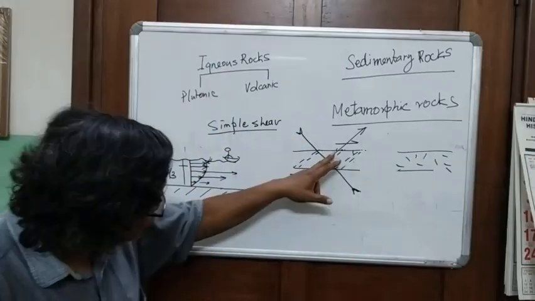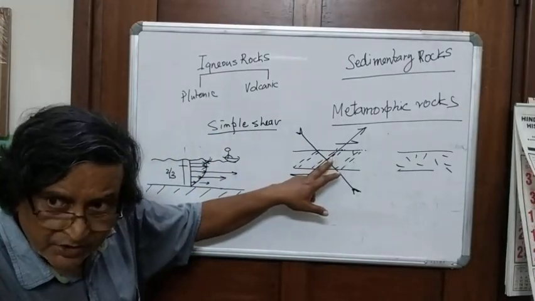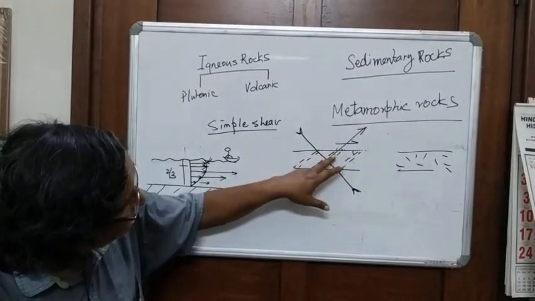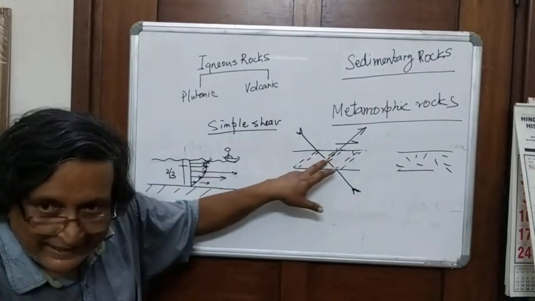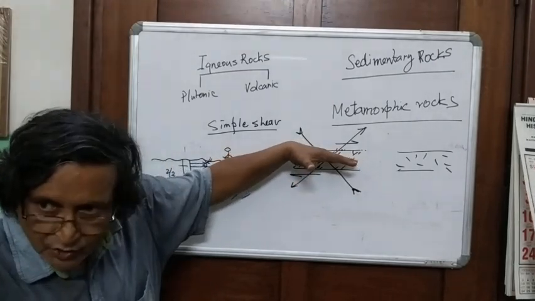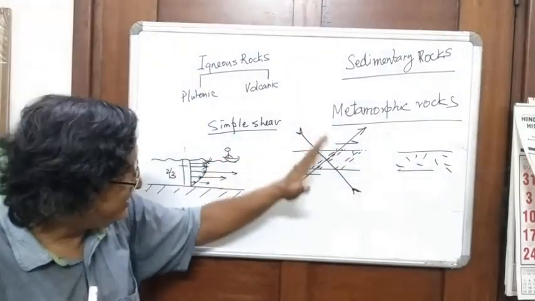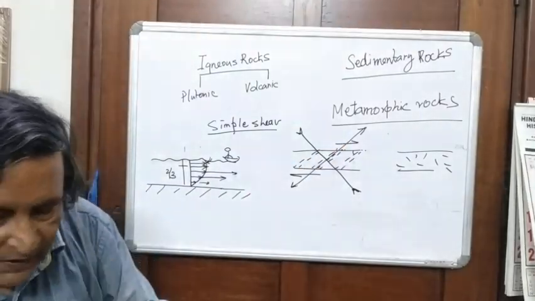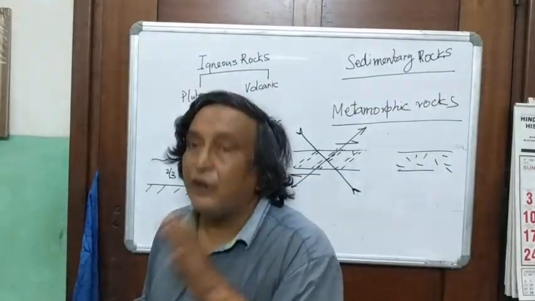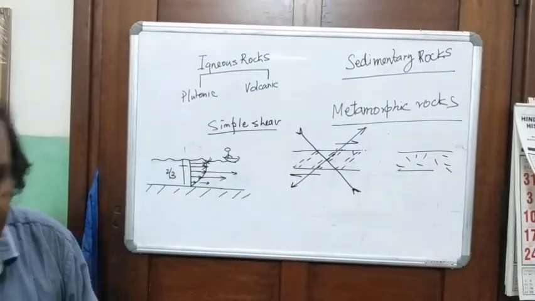So this also produces metamorphic rocks, but here the orientation of the plane of the foliation is not parallel to the shear zone wall as in pure shear, but it is at an angle. But nevertheless, it also produces metamorphic rocks. So now,